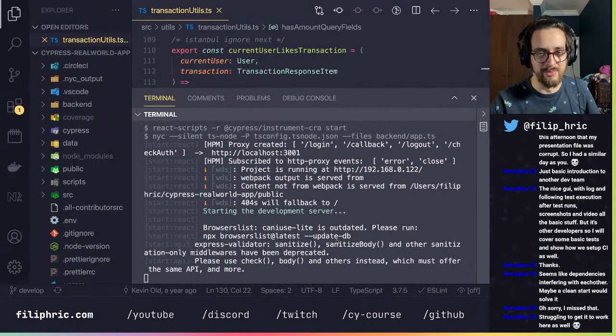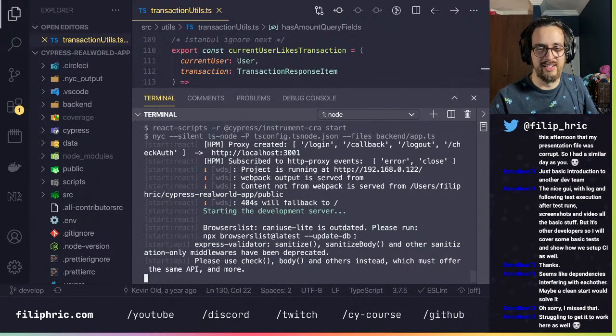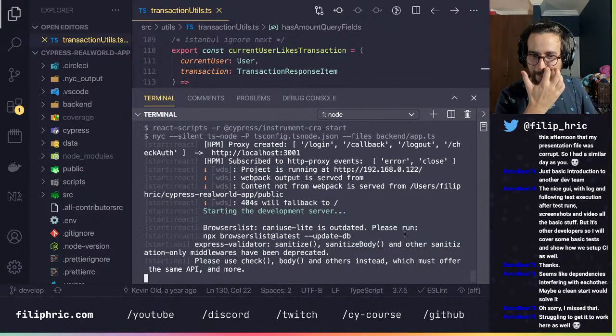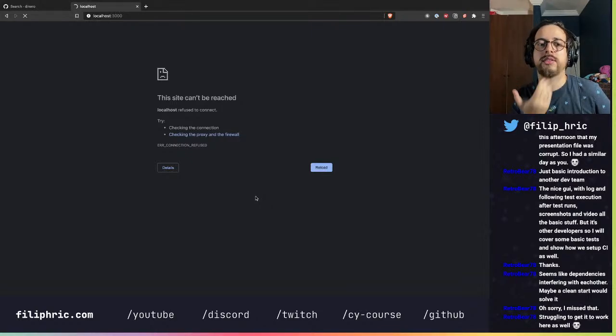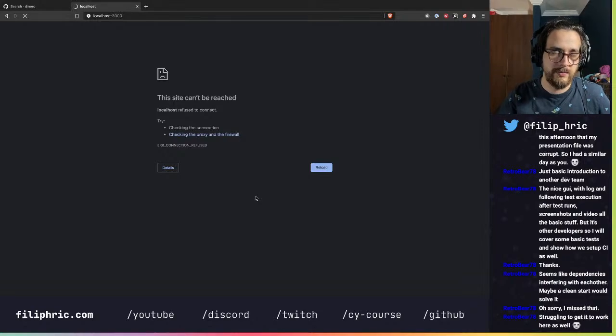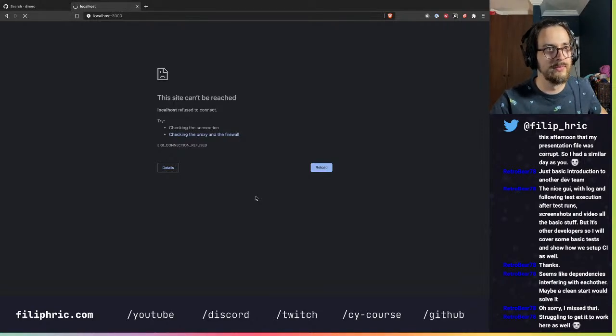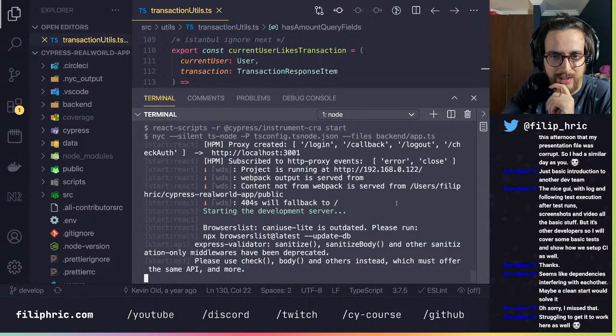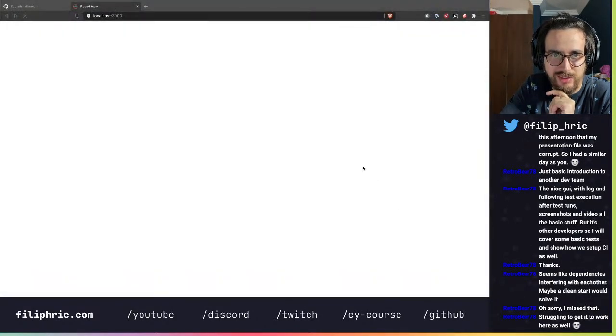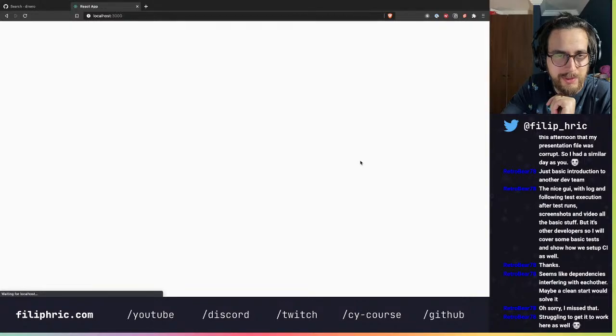Let's see. Oh my. Browserslist is outdated. Still nothing. Running. Compiled successfully. Does it run successfully?